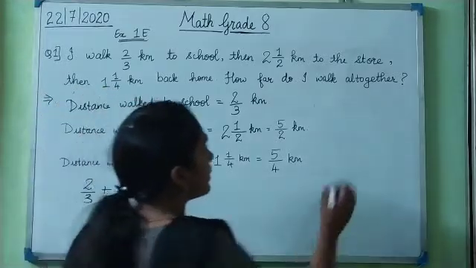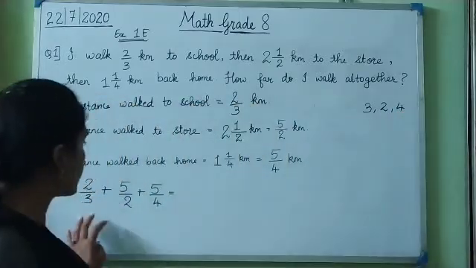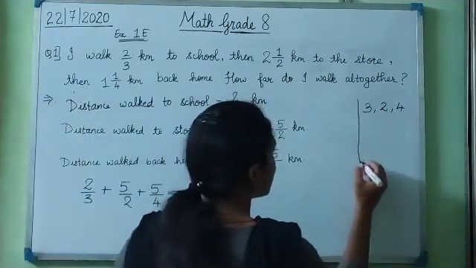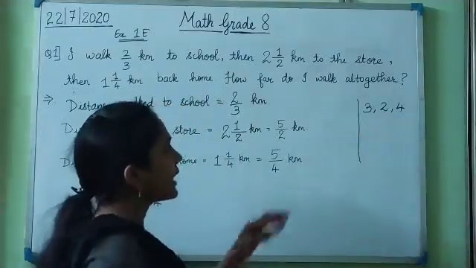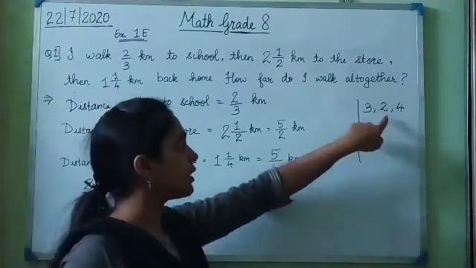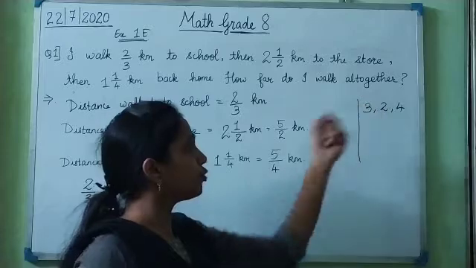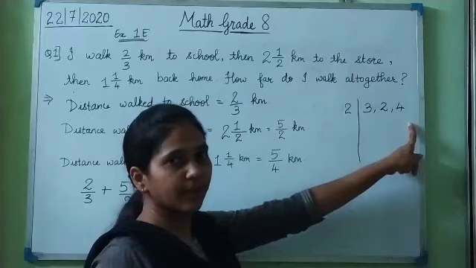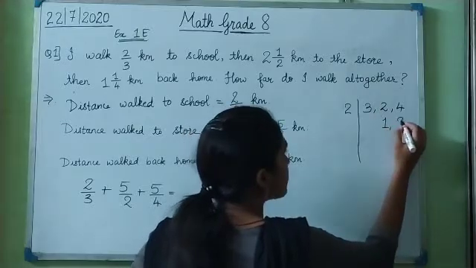So I will tell you one way to find LCM. Okay, so here which numbers are there in the denominator? 3, 2 and 4 are in the denominator. So to find the LCM, first write all the numbers of which you have to find the LCM. Okay, now check the number which can be divided by each of the numbers. Like if I take 2, so from these 3 numbers, 2 and 4 can be divided by 2, right? So I divide, 2 ones are 2 and 2 twos are 4.